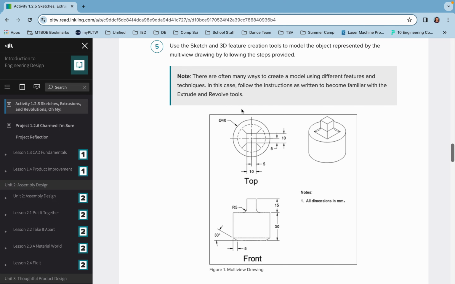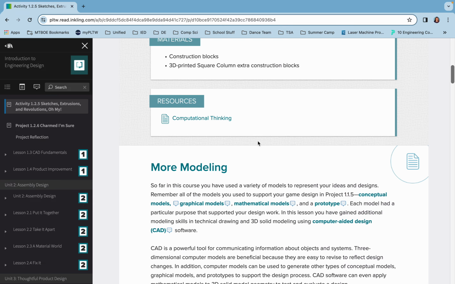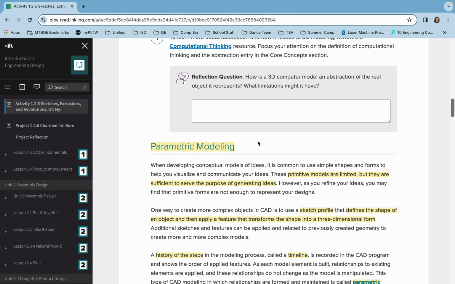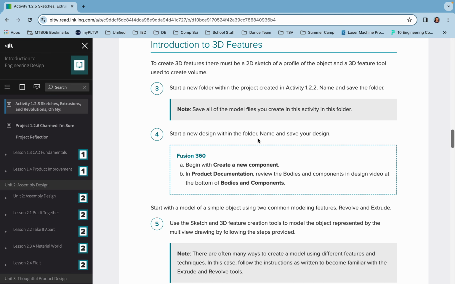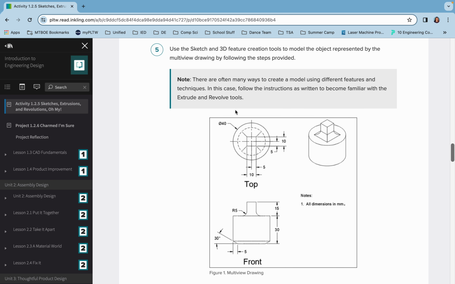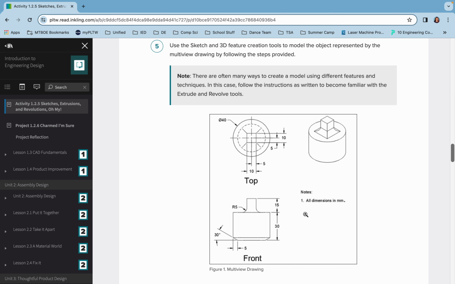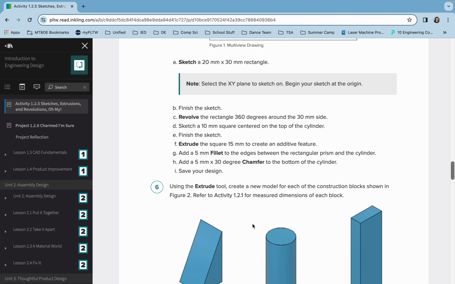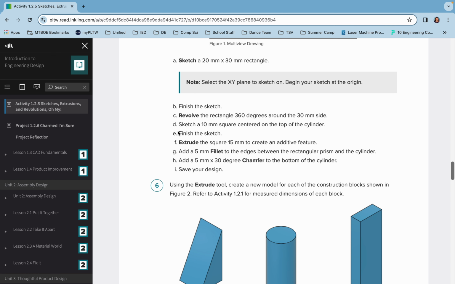All right, this is for activity 1.2.5 for the conduit bracket. There's just all of these notes prior with the parametric modeling. So we're focusing under Introduction to 3D Features. We're going to be referencing this multi-view drawing as well as these steps down here, A through I, to create the